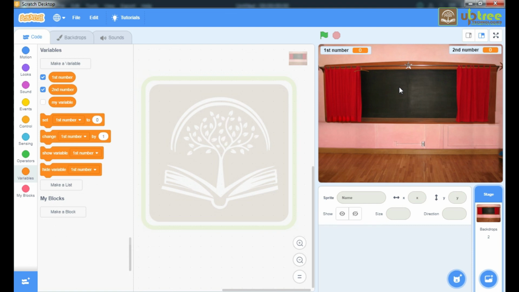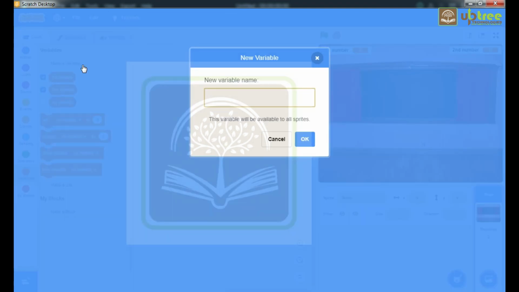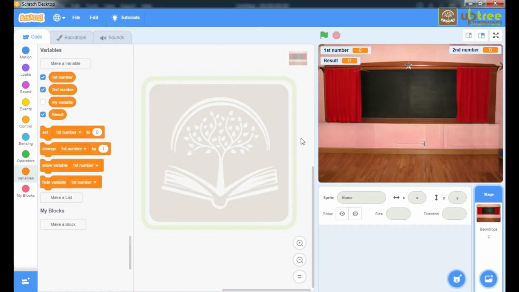We need one more variable, which is result, because we are going to keep the answer after performing the operation in a result variable. So result, click OK. I am going to put this result in the middle. From here you can hide and show your variable. If you want to show it, just tick this box.